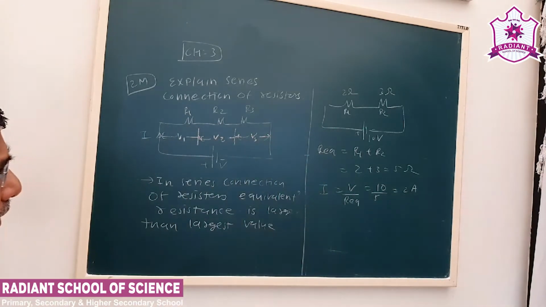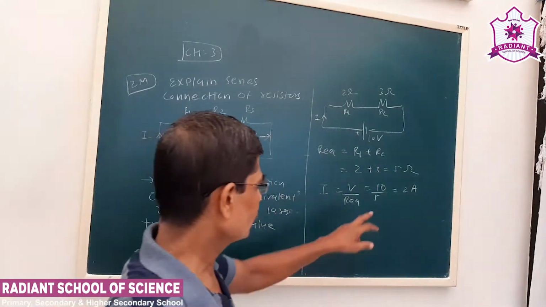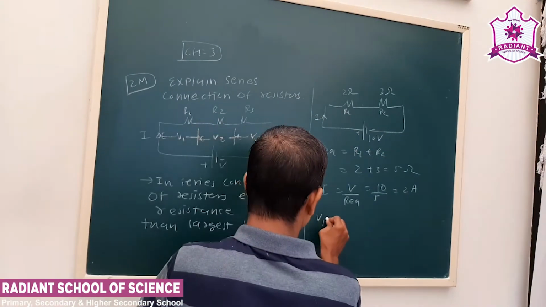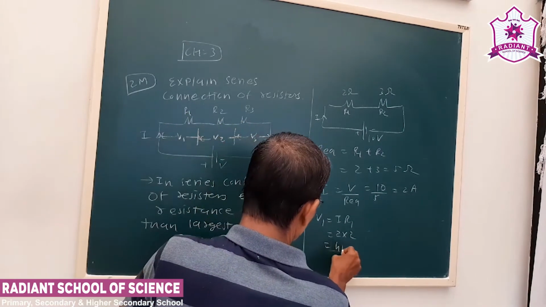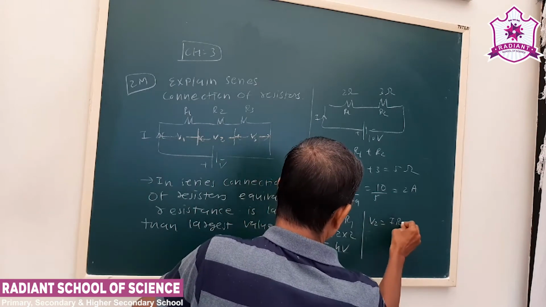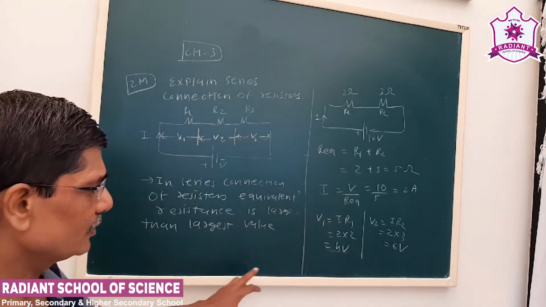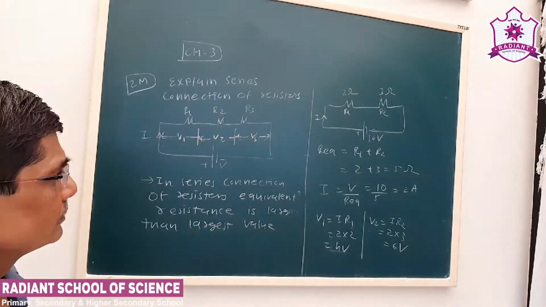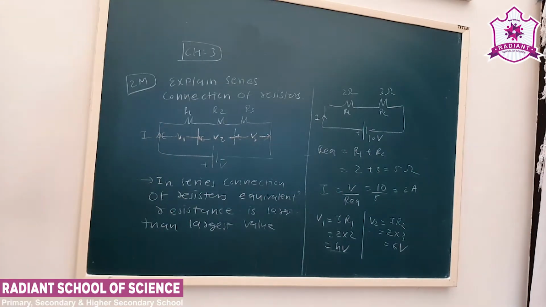Okay, now as I told just now, in series connection current will be the same, so this 2 ampere current will flow through both resistors. Now voltage drop V1 is equal to IR1. Okay, 4 volt. V2 is IR2. Okay, and if we add this 4 volt and 6 volt, that is 10 volt, that is equal to total voltage supply. So this is about the series connection of the resistor. Current will be the same and voltage will be divided, that we have to keep in mind.